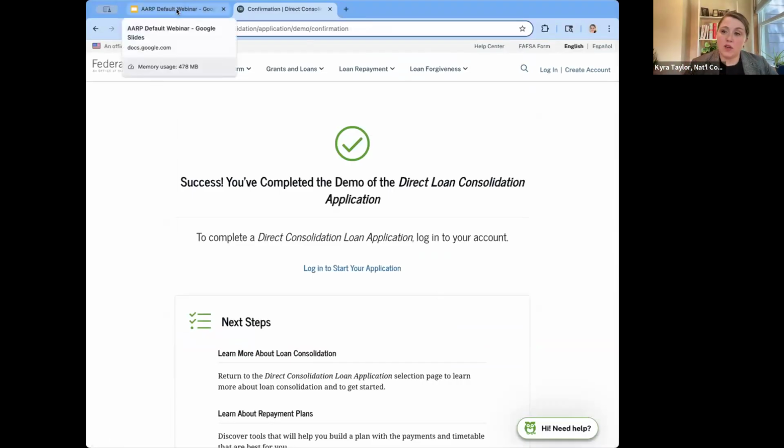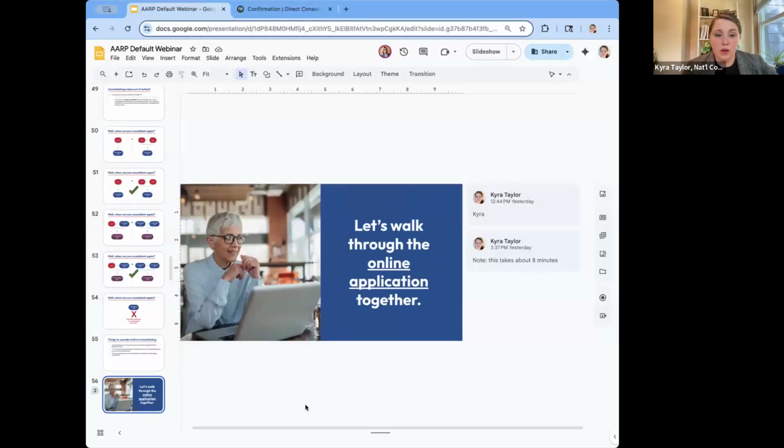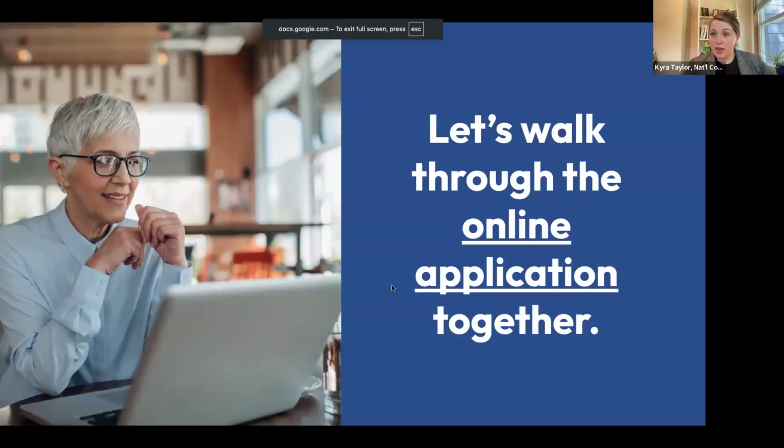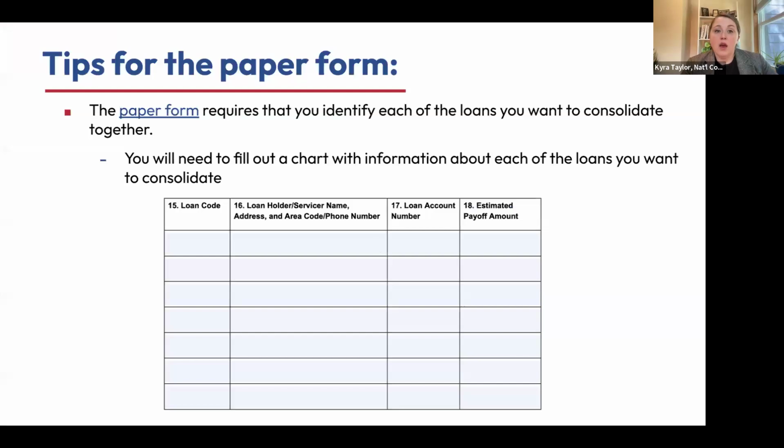They will send it to the servicer that you selected, and you will need to watch the mail to see when that application is granted, or they'll notify you if your application is denied for any reason. Okay, so as you can see, lots of boxes, lots of pages, but actually pretty straightforward as things go. The paper form is much more prone to errors and is more difficult for folks to fill out.